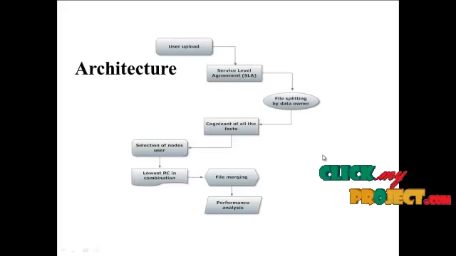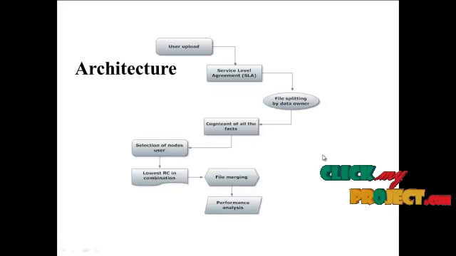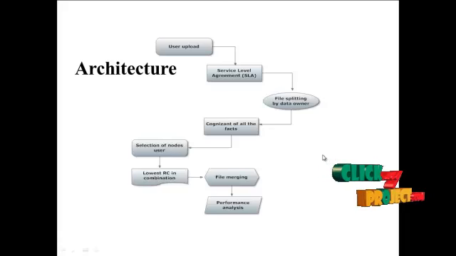Okay, this is the architecture of the MANET, that means the mobile ad hoc network. A mobile ad hoc network means data is shared from the source to the destination through routers. First of all, we pass the data, that means the file transfer mode. File transfer happens as the user uploads. The user selects a particular process, and the data is fragmented through service level agreements.